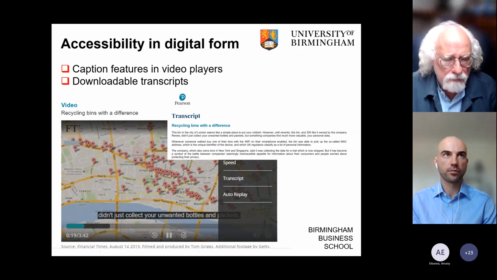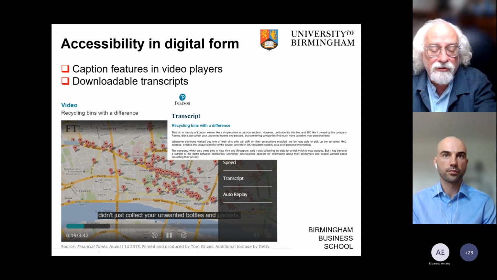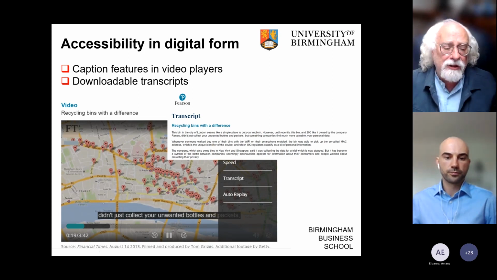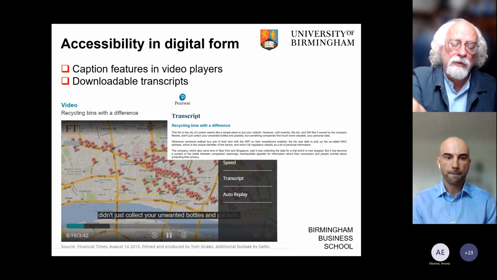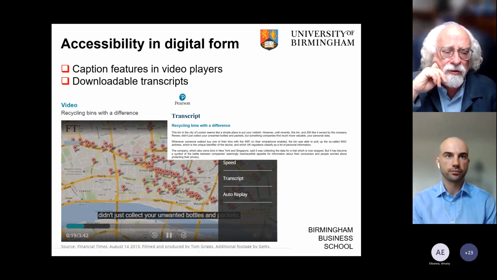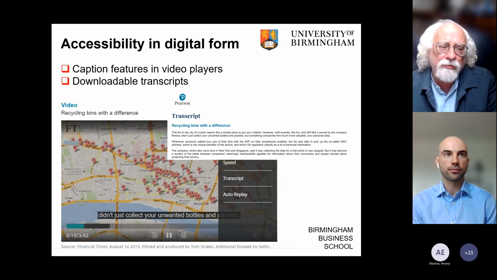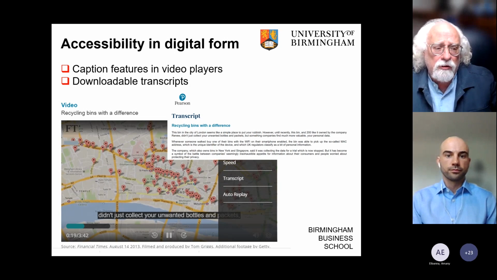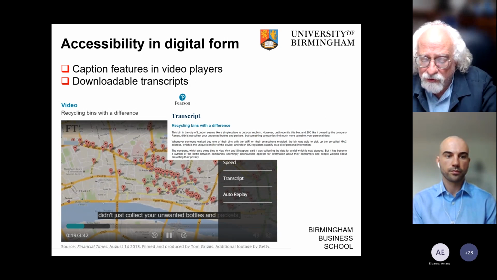What we do on the digital formats is when we use video, which is a large amount of video in there as extra materials, we make sure the video is closed captioned. So you can actually see there on that slide the captions appearing as it plays, and that it allows auto replay. And the other thing is we have transcripts to download as well. You can see the transcript of this video here about recycling bins of a difference. And the whole point of the video is not just for a video to be seen, but then it links into discussion and questions in the text to actually learn from this in relation to research methods each time.